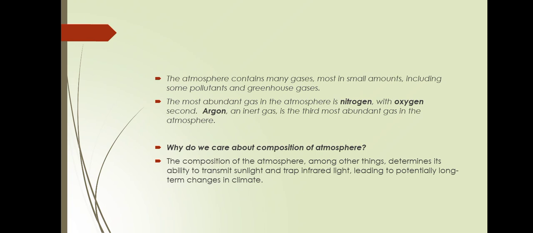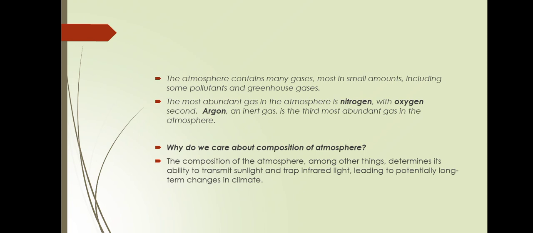The most abundant gas in the atmosphere is nitrogen, with oxygen second, and argon, an inert gas, is the third most abundant gas in the atmosphere. As I have told you, we are going to talk about the three-layered structure of the atmosphere and